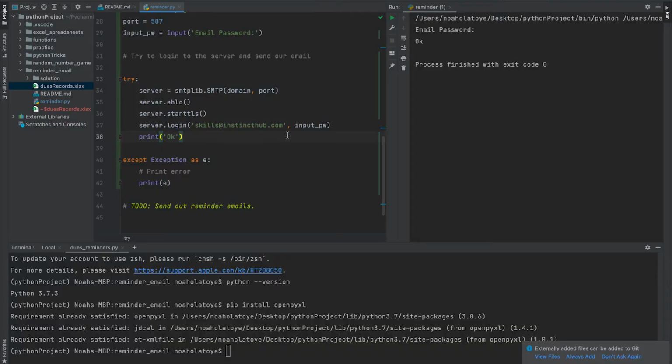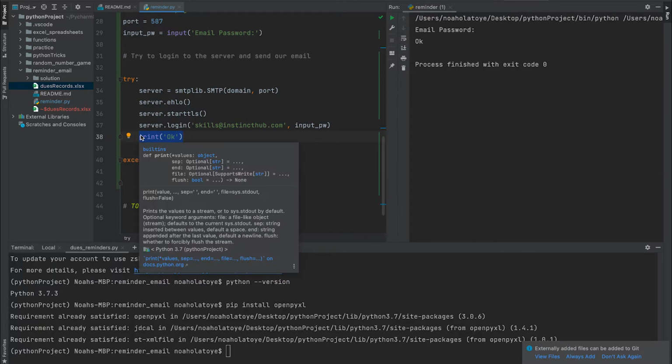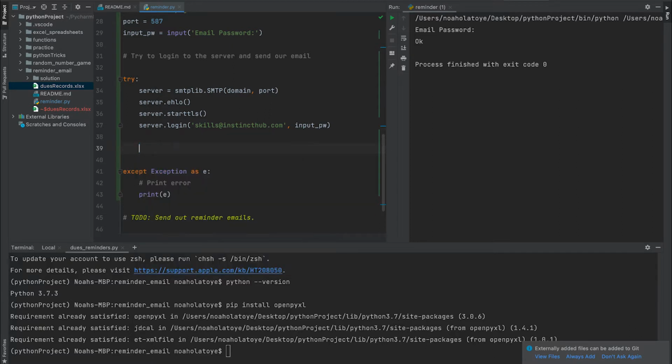Right now, we see that we've been able to log in to our email, which is pretty okay. So the next thing is we need to actually send the email. I'm just going to delete this. Okay, so we want to send an email to